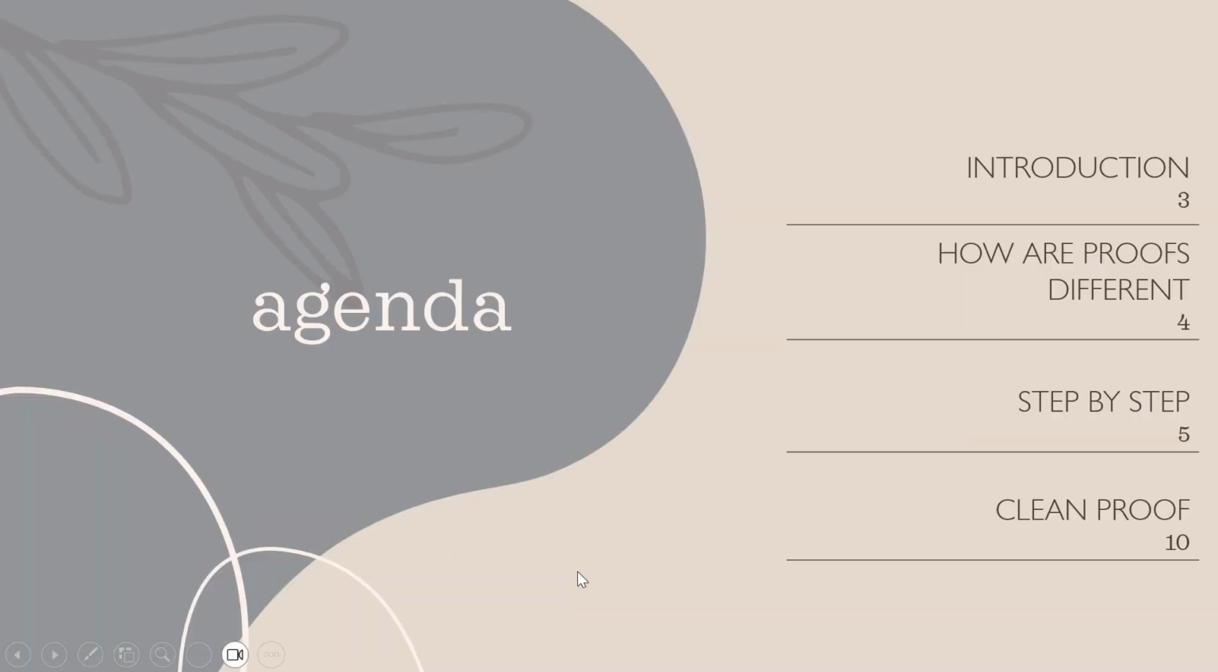So to start, we're going to go through our agenda. I'm going to go over an introduction to what proofs are, and then talk about how proofs are different, and then go into a step-by-step process of how to go through a proof, and then show the clean proof for the proof I'm using as an example for this